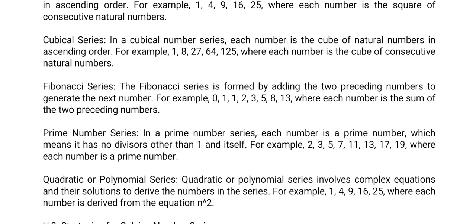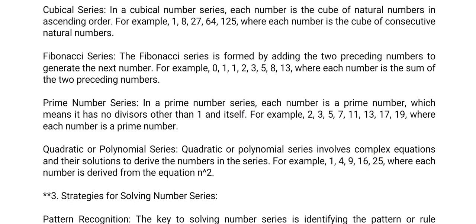Then cubical series. In a cubical number series, each number is the cube of natural numbers in ascending order, where each number is the cube of consecutive natural numbers. Then Fibonacci series. The Fibonacci series is formed by adding the two preceding numbers to generate the next number. For example, 0, 1, 1, 2, 3, 5, 8, 13, where each number is the sum of the two